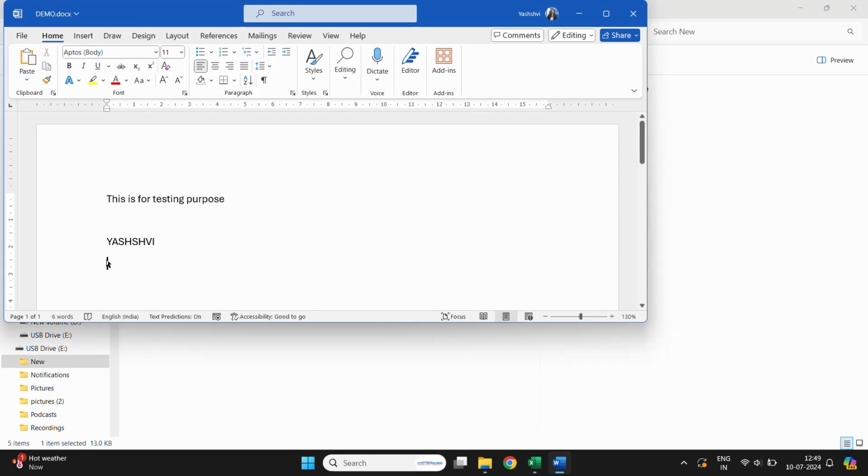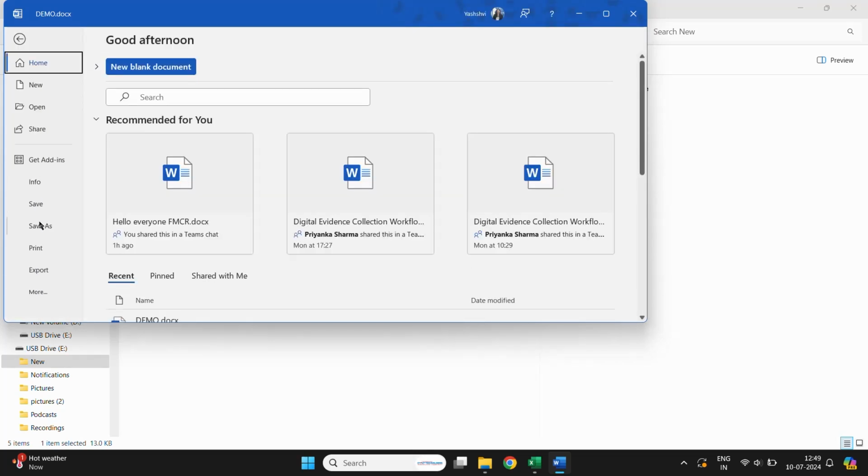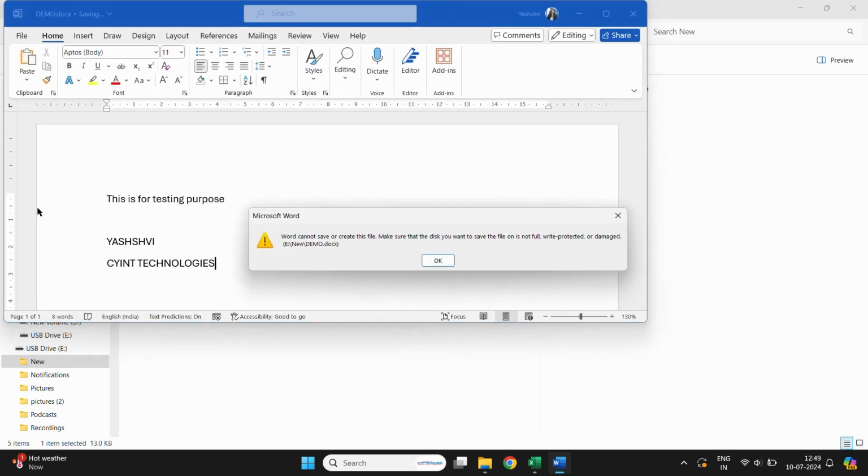I'm typing Sign Technologies here. And then I'll try to save the document. As you can see, a pop-up is coming, which is showing that it cannot be saved or the changes cannot be made as the disk is write protected.